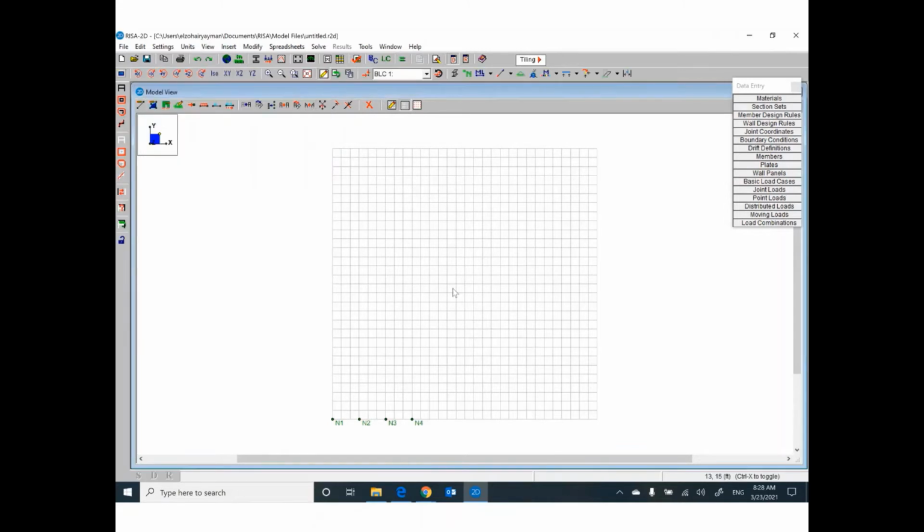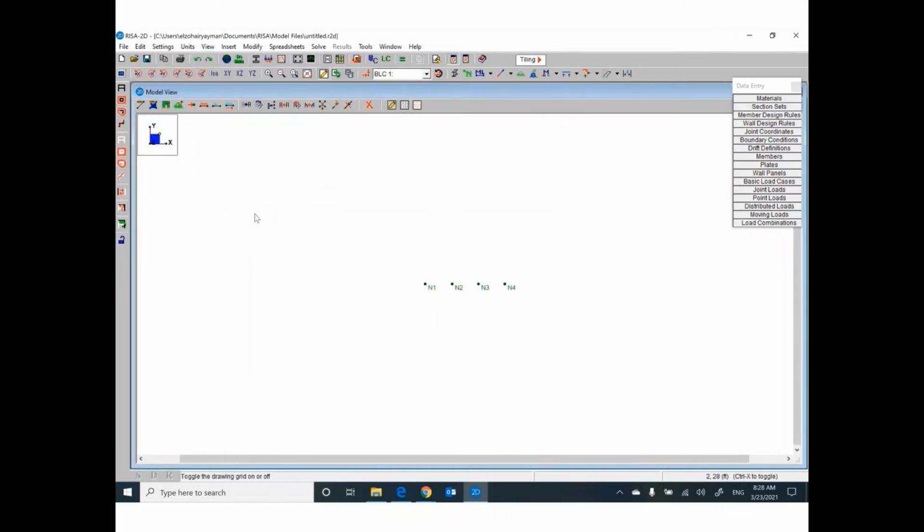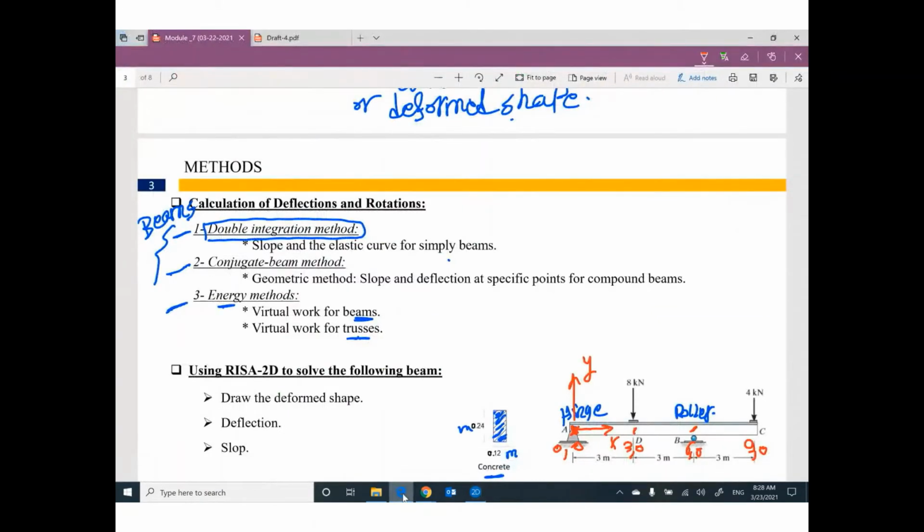That's right. If you would like to hide this grid, view, drawing grid, here you go. We have node number 1, node number 2, node number 3, node number 4. That makes sense. The next step,